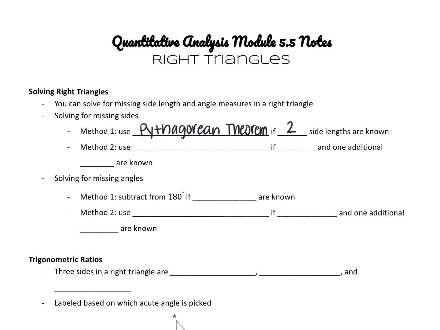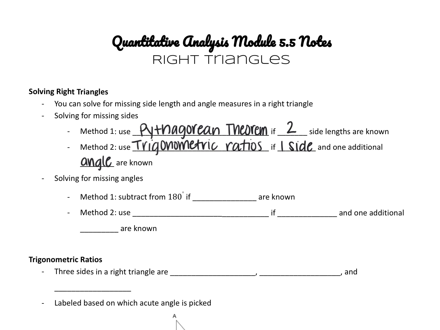The second method is to use trigonometric or trig ratios if one side and one additional angle are known. So if you know one side and one angle, then we have to use trig ratios to solve for the